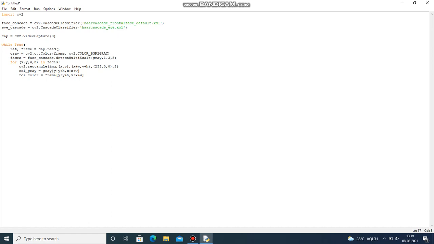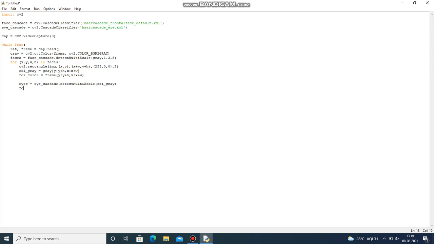Now let's do the eye cascade. Let's give eyes equals eye_cascade, the same thing, dot detectMultiScale of roi_gray.